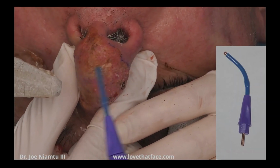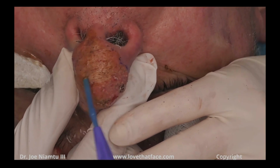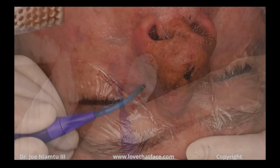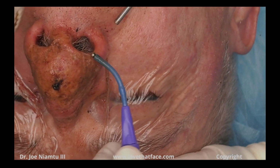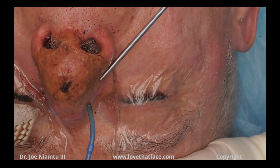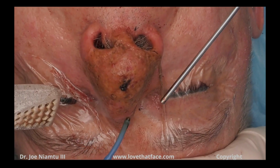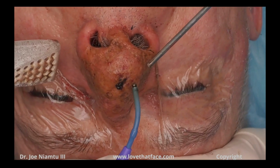Now I've switched to the Soniquence ball electrode, and this helps me not only cauterize but smooth this very bumpy surface that's almost like gravel, and using this device set on approximately 20 to 30 again with the Soniquence radio wave, I can flatten these areas and just kind of continue my more controlled